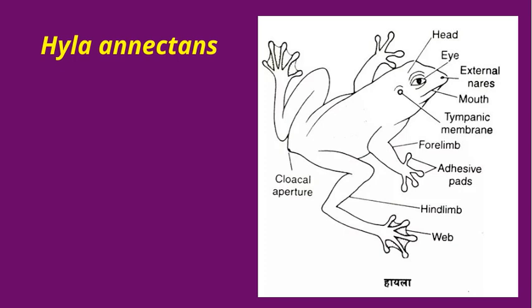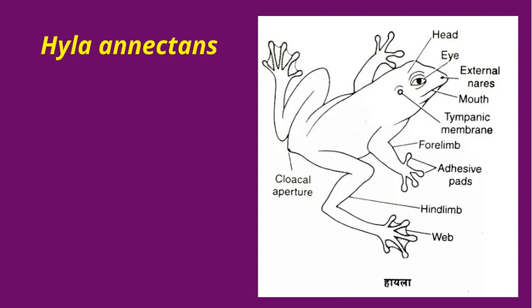This species is commonly known as the ornate tree frog and is notable for its vibrant coloration and distinctive markings. You'll find Hyla annectans primarily in parts of Asia, especially in regions with lush, forested environments. They are highly adapted to arboreal life, meaning they spend most of their time in trees and shrubs. What makes Hyla annectans particularly interesting is its role in the ecosystem as both predator and prey, helping maintain the balance in their habitat. They are also sensitive indicators of environmental health, which makes understanding their biology and ecology crucial